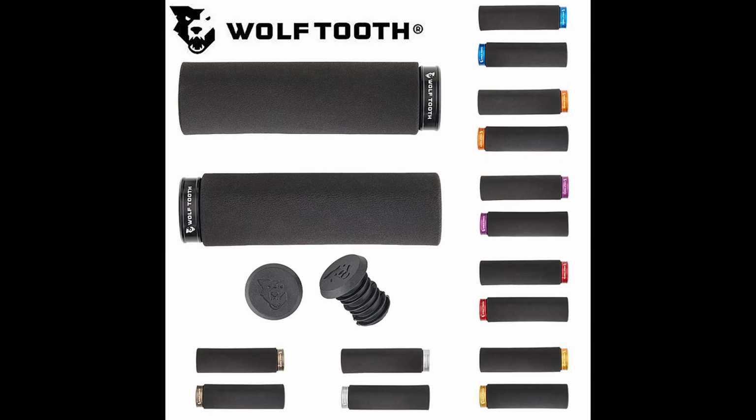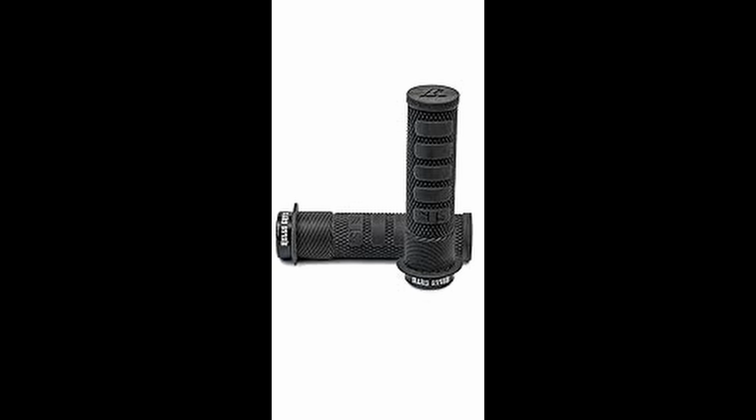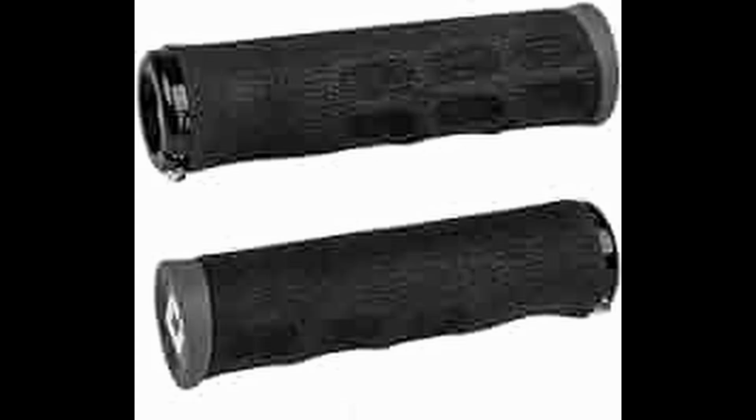And in the last year, I've cycled through some different grips, and I've used the Trail One Hell's Gate, which is a 32 millimeter. The Wolf Tooth is 36 millimeter. And I have used the Tinker Juarez ODI dreadlocks. So those were both, I think, 32 millimeter. And the Tinker Juarez ones are nice and cushy, but I have pretty big mitts. And they just felt a little bit small,